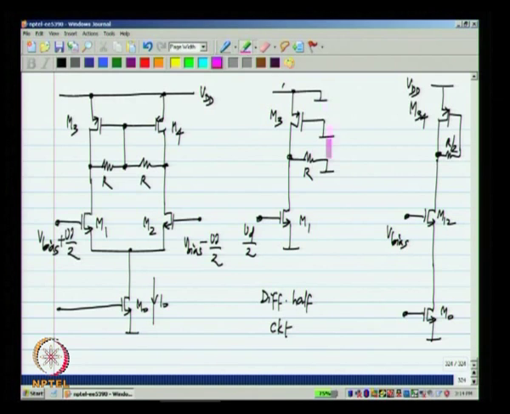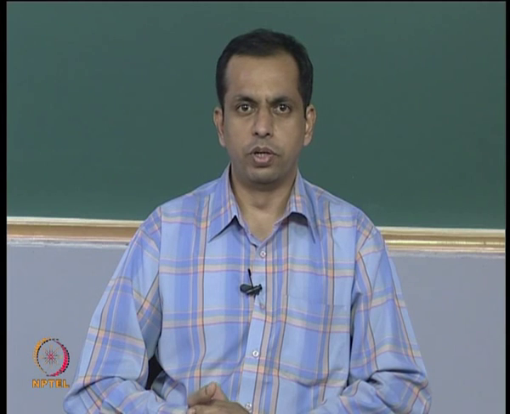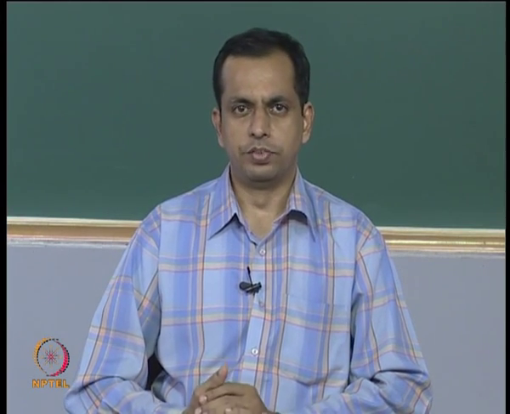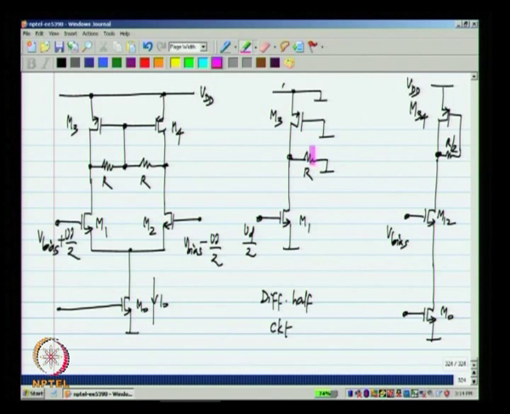Now, first of all, in the differential half circuit, what we wanted was only this M1, which is the transconductance, and M3, which is the load conductance or the load current source. Now, we see that we also have an extra element which is R. Okay. What is the effect of that? It is very easy to see. The R here appears in parallel with the GDS of M3 and GDS of M1. Okay. So, the voltage gain from this point to that point will be the GM of transistor M1 divided by GDS1 plus GDS3 plus this conductance G.